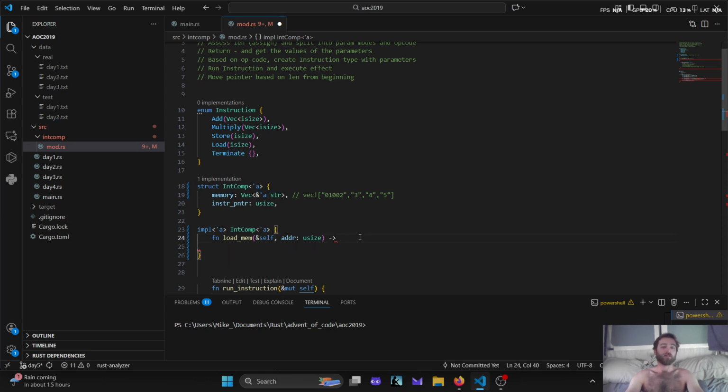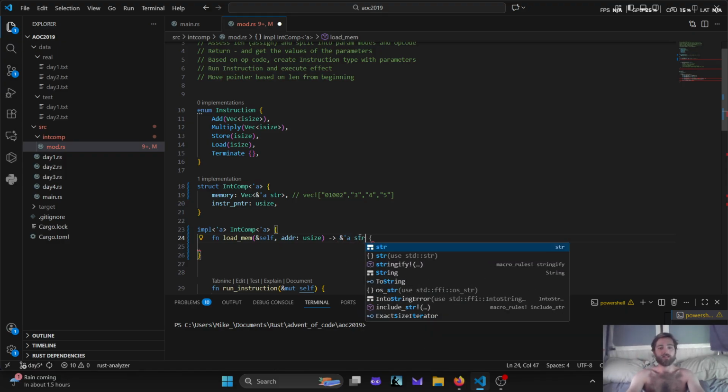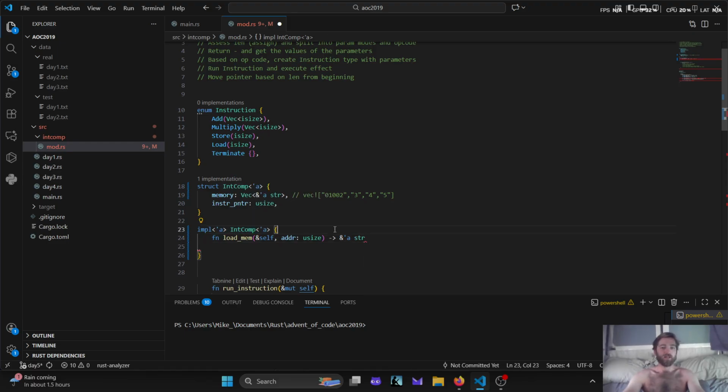and it's going to return, so memory is a Vec of, but actually, I was going to say this is going to deal with it being a number. For now, let's return a &'a str. We're already generic over lifetime 'a. So what this is saying, so I want this to be an explainer, is that we are returning a reference to a string slice. So if we have this Vec here, okay,